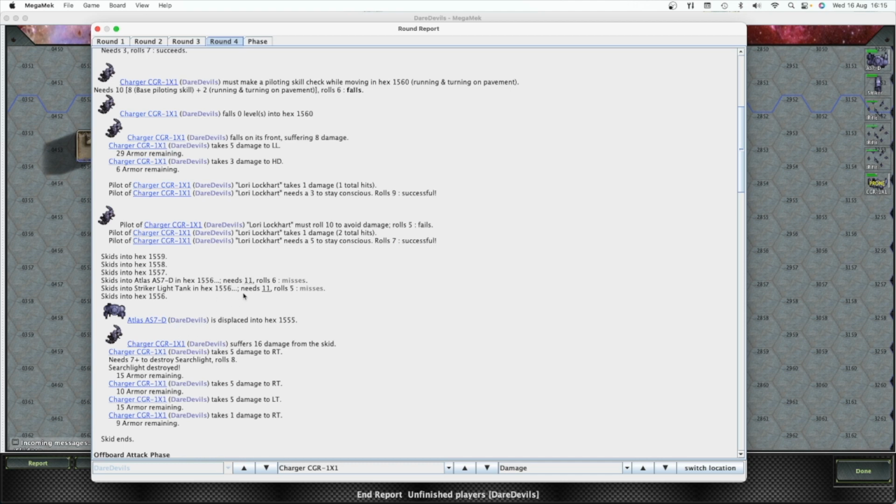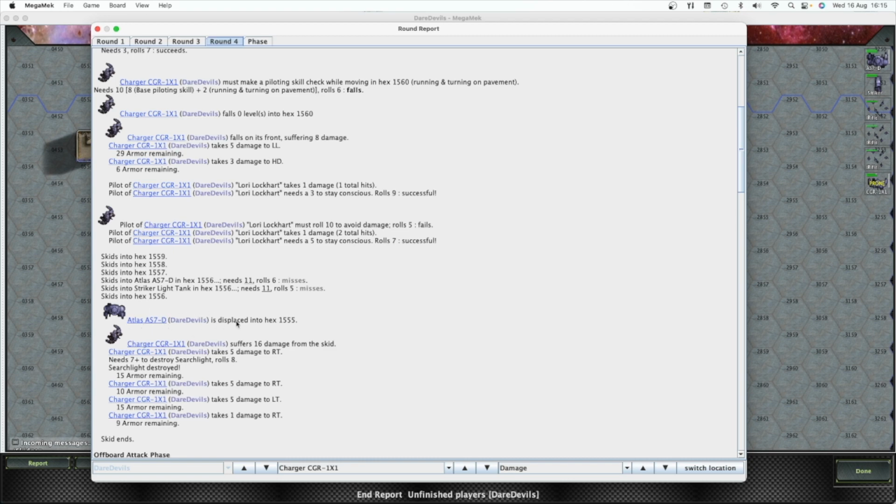And then it acts as a normal charge with the number of hexes moved times the mass divided by 10 being the damage you cause. Of course, the charger's taking the skid damage from skidding 4 hexes though, and then because he's not been successful in the charge though, he has displaced the Atlas backwards,